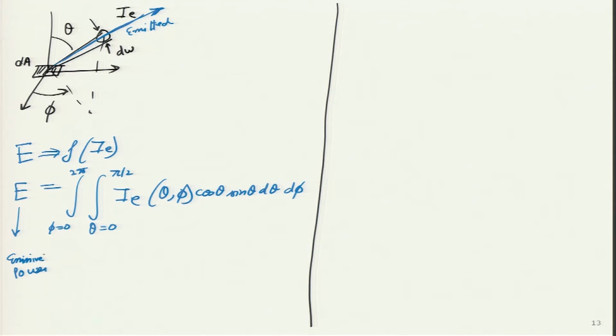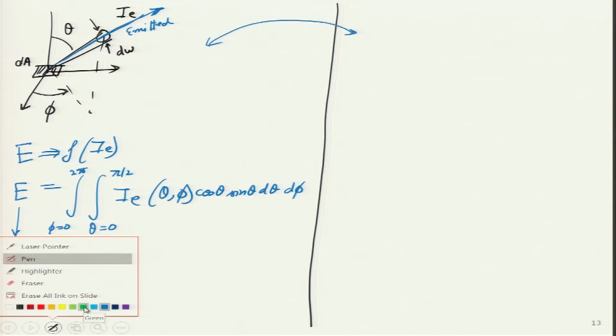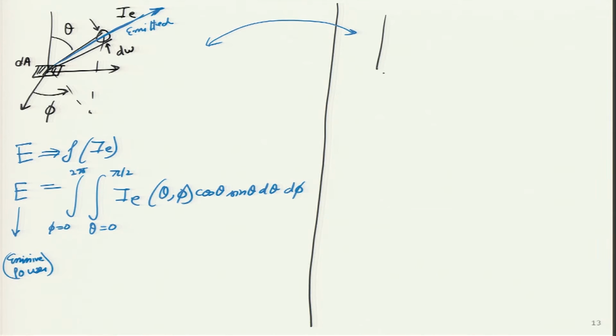Emissive power. Now, I will consider an opposite case. Opposite in the sense, let me reverse the direction of this intensity, which means now that surface which is kept at the origin, this surface is still dA, but instead of emitting, now it is actually accepting radiations from all the directions. So, the first direction in which it is accepting radiation is this direction d omega,